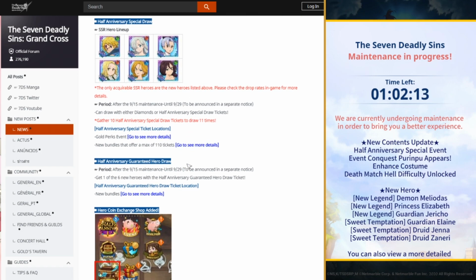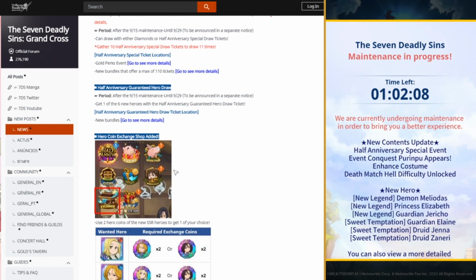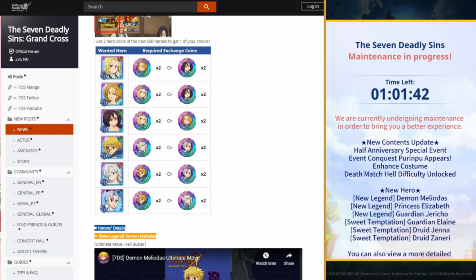nice thing about this: they're adding a coin shop exchange for this specifically. So the Valentine's units, if you pull two of one of them, like if you end up pulling Zaneri and then you pull two dupes of her, you can actually trade those dupes for a copy of Jenna or Elaine, which is kind of nice. But obviously you would have to have some mad luck to start getting a lot of these. But I guess this is a really nice option if you just keep pulling the same ones over and over again. But